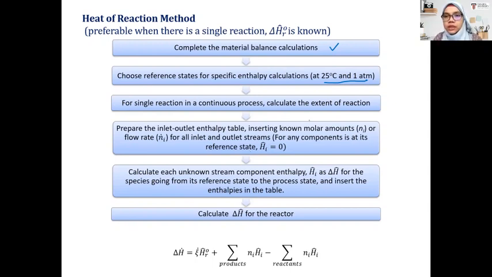So we calculate the extent of the reaction and then prepare the inlet and outlet enthalpy table, as we prepared for the non-reactive energy balance previously. And then we may calculate the enthalpy as well. Finally, we can get the enthalpy from this, considering the extent of the reaction and the standard heat of reaction, product minus